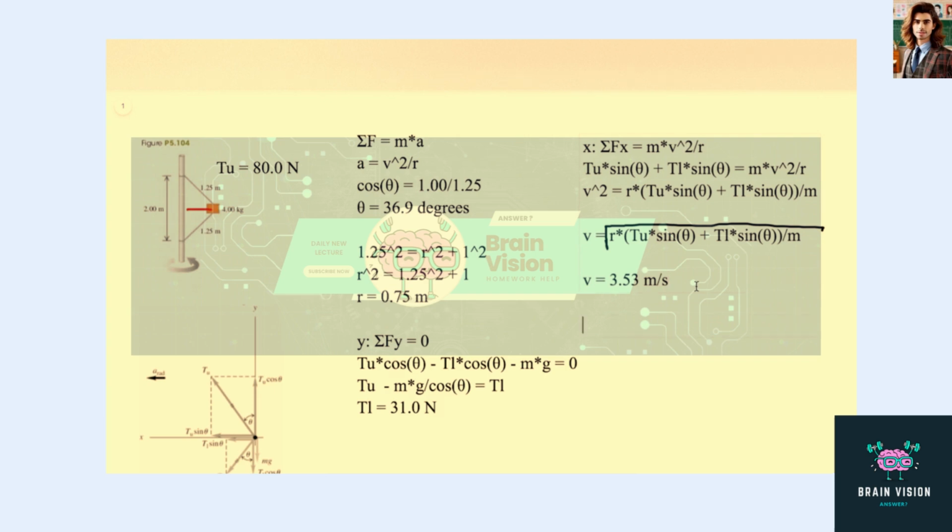So the number of revolutions per second is just going to be the velocity divided by the circumference of the circle. So the circumference of the circle that it's making, going around in this circle, is just going to be equal to 2 pi r, where we have pi, and r is the radius of the circle, which we found 0.75. So we just need to plug in 3.53 divided by 2 times pi times 0.75, and that should give us